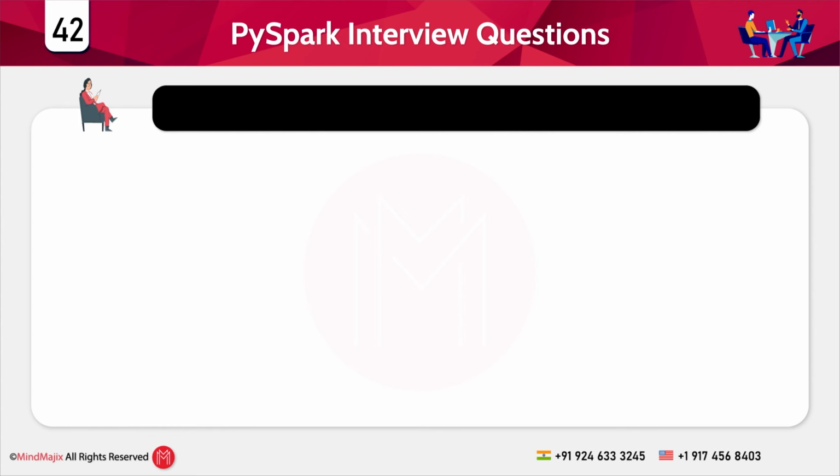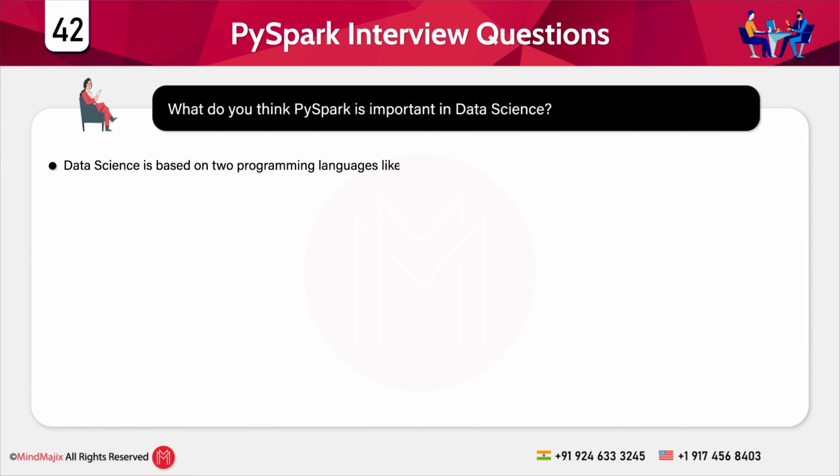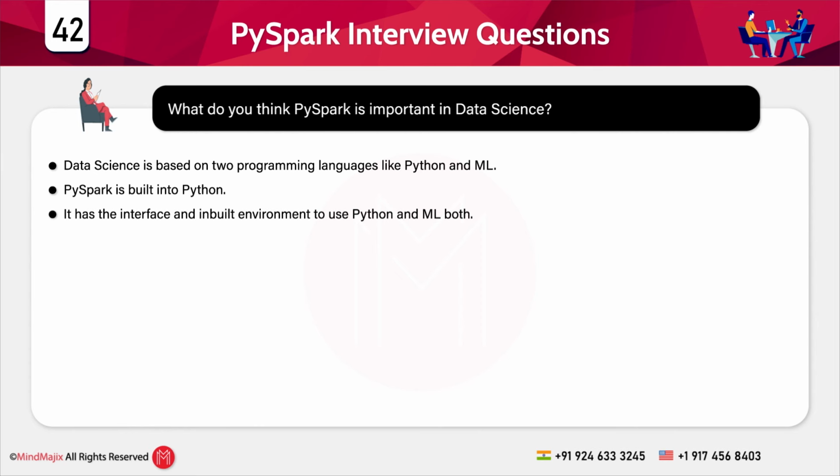The next question is, why do you think PySpark is important in data science? There are basically two important pillars of data science, which are Python and machine learning. PySpark is built in Python, as we all know, and it has the interface and inbuilt environment to use Python and machine learning algorithms both. This is the reason PySpark is an essential tool in data science. Once we process the data set, the prototype models will be converted into production grade